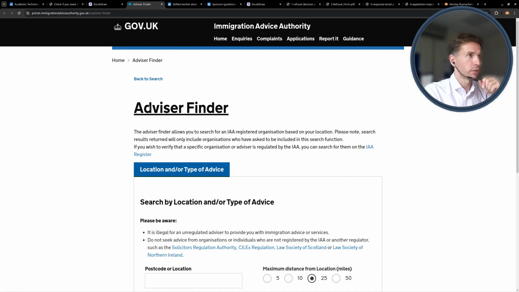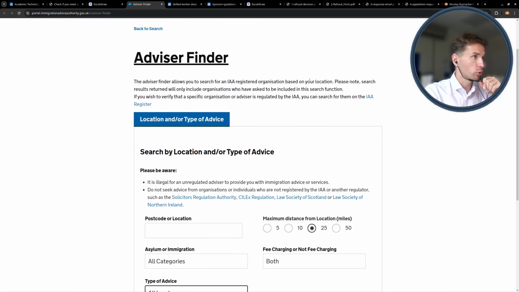It's very important, as they differ from the common advisors in the UK. One of them relates to immigration advice authority and immigration-related services and inquiries. The process is pretty straightforward: it's available on the Gov.uk website and allows you to find the most suitable place where you can obtain the related services.